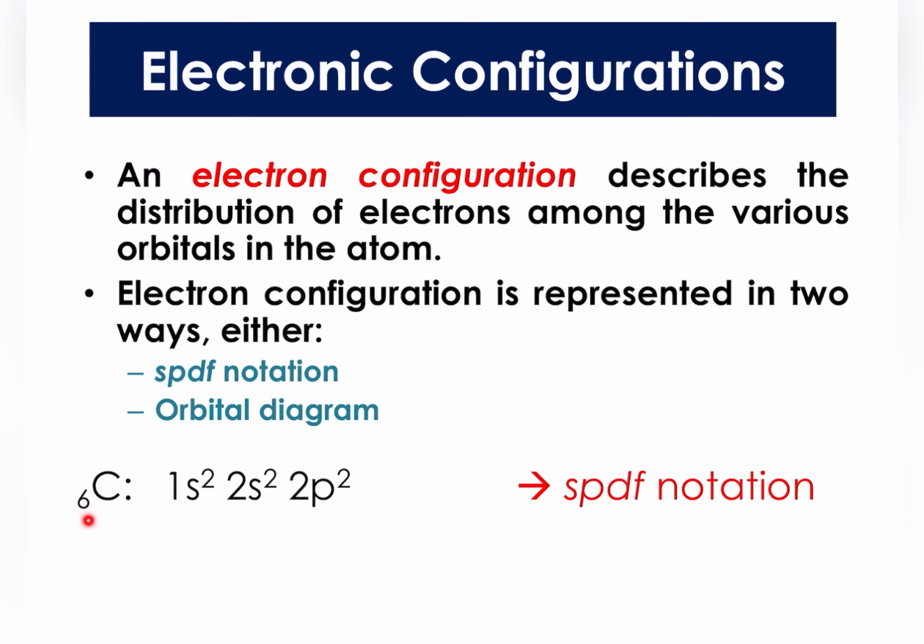So how do I fill in, by using SPDF notation? I can write it down as 1s2, 2s2, 2p2, where my electrons in orbital 1s is 2 of them, so power 2, 2 electrons in 2s orbital and 2 electrons in 2p orbital. But I can use another way, that is orbital diagram, where I put 1s, 2s, 2p,